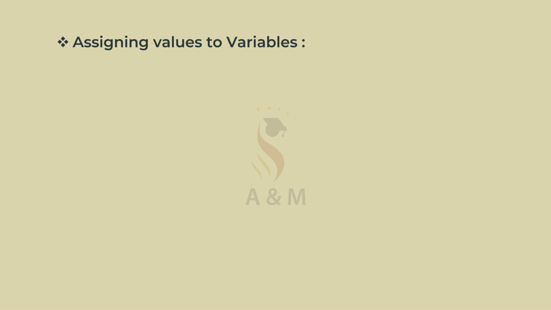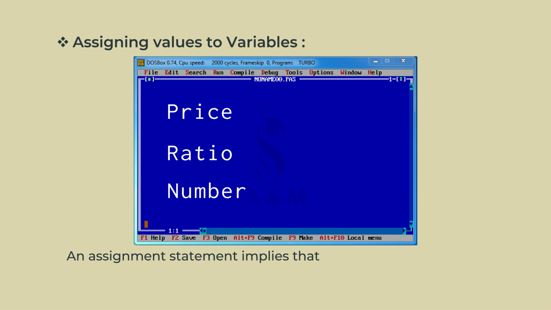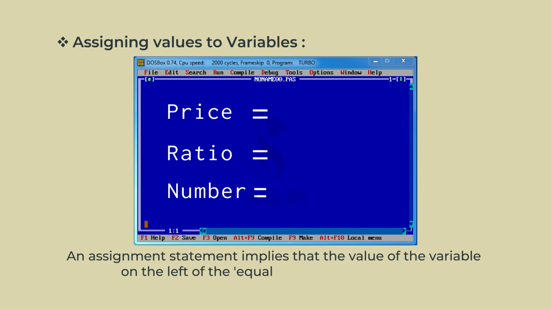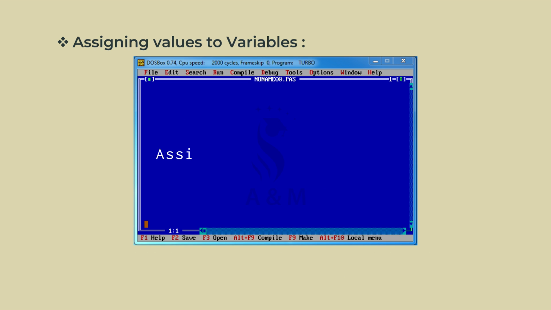Assigning values to variables. An assignment statement implies that the value of the variable on the left of the equal sign is set equal to the value of the quantity or the expression on the right. Values can be assigned to variables using the assignment operator, is equal to, as follows: variable name = constant;